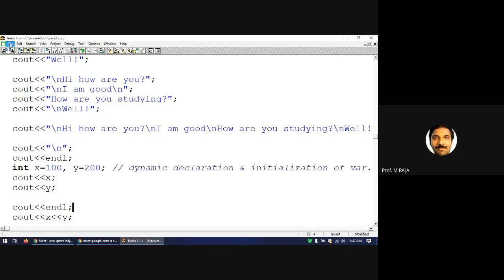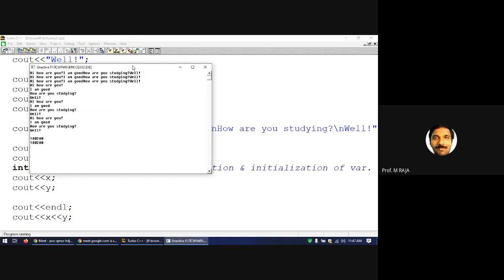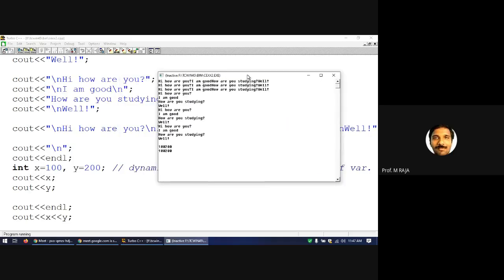Let me save and show you. So let me have a look at the outcome of the program. Up to this, you are already okay, right? How are you doing? Are you studying well? Now have a look, after "well" in the output. Here I am pointing. You can notice that two blank lines are there. These two blank lines